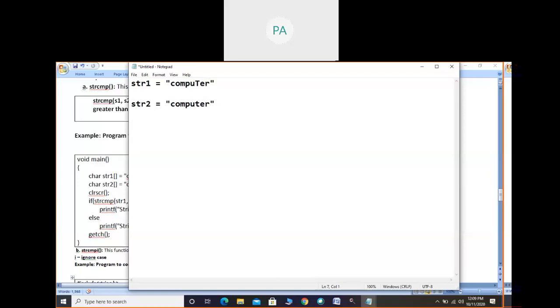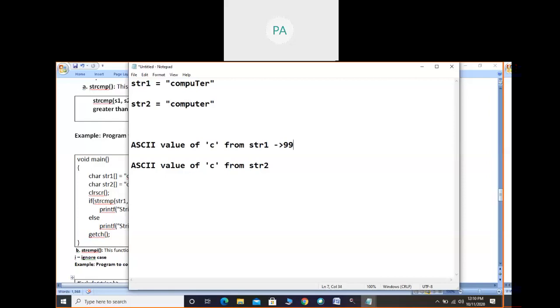So how it compares is, it will take the ASCII value of character C from STR1, then the ASCII value of character C from STR2. It will take these ASCII values. So the ASCII value of C in STR1 is 99.